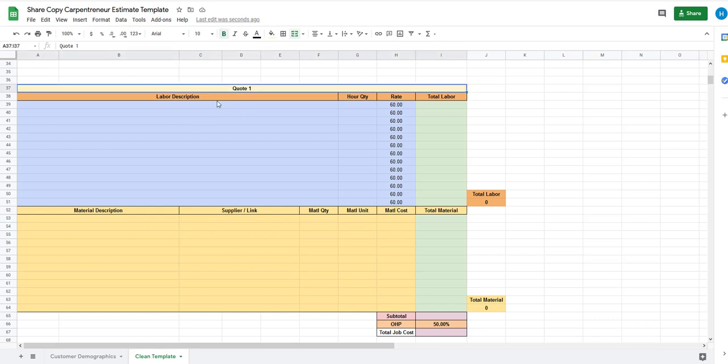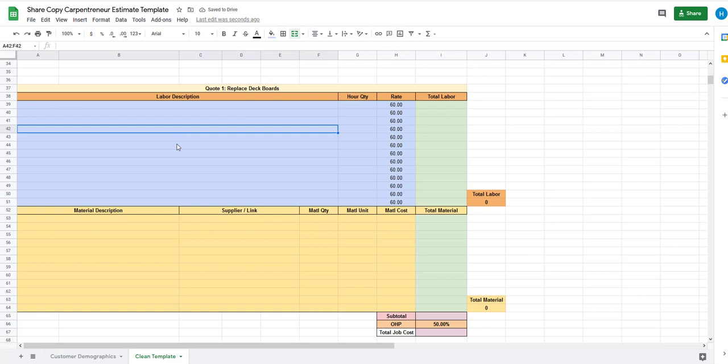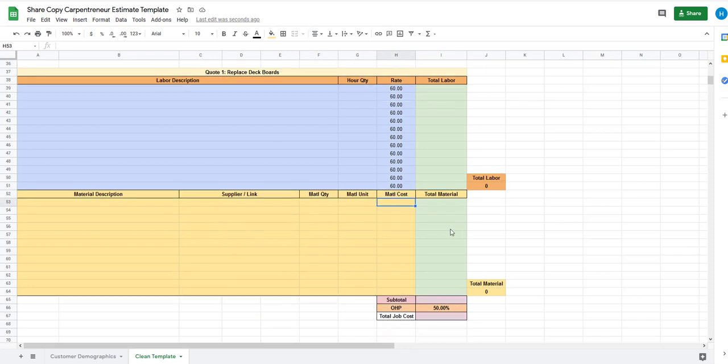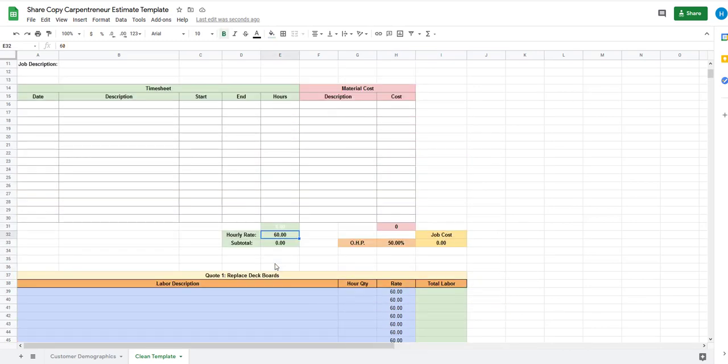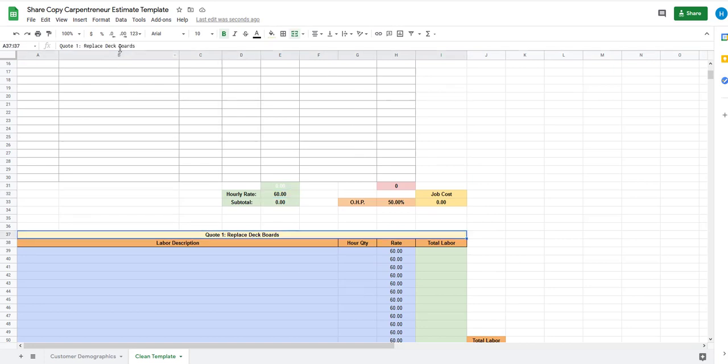By default, it's just called quote 1. You can change it to whatever you like. Quote 1, replace deck boards, like that. And you would put in your labor here, your materials here, supplier links here, and material quantities, units, and costs here. And this will tally up your labor and materials. It'll add in your overhead and profit. You'll see that the rate is at 60, and that's because we set our rate at 60 here. Let's go ahead and do one of those, but I'm going to do it the right way